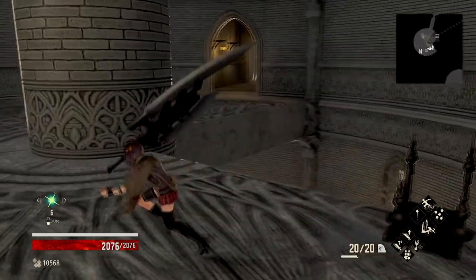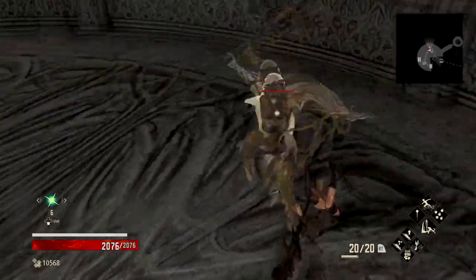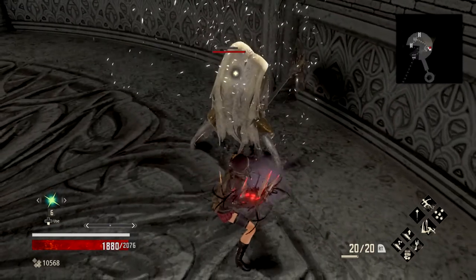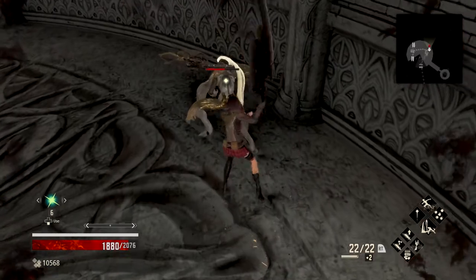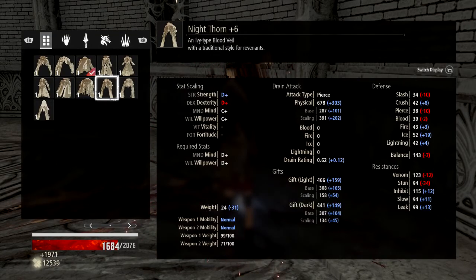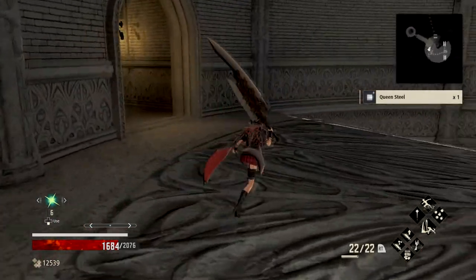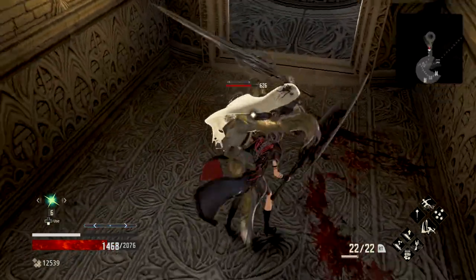So, yeah. Now there's a particular skill that this Blood Code has that is actually the most overpowered skill in the game. I don't have it quite yet. Why did it switch my armor back again? Cool. I think I need like 60,000 to get it, so...